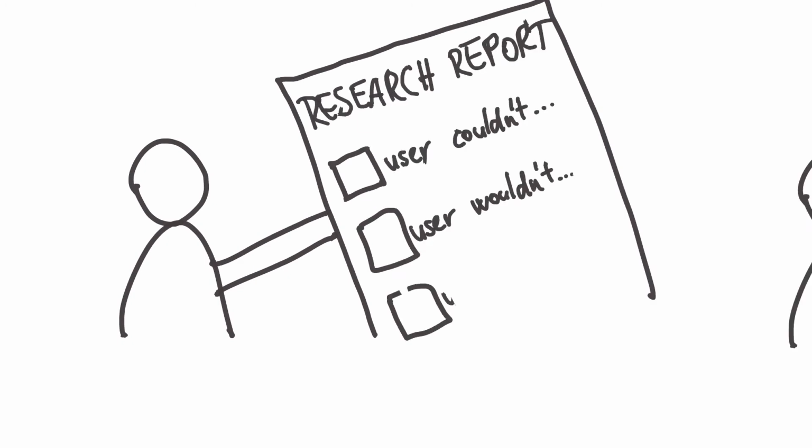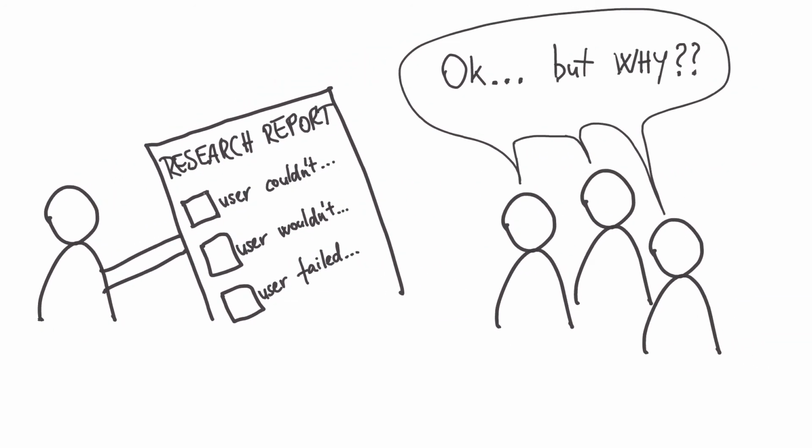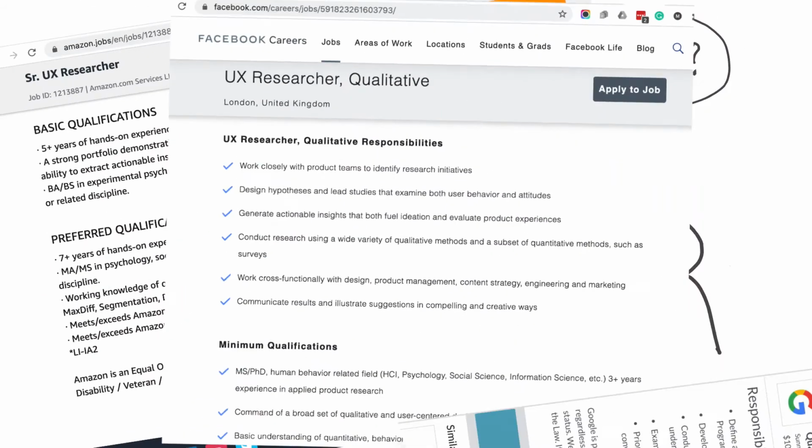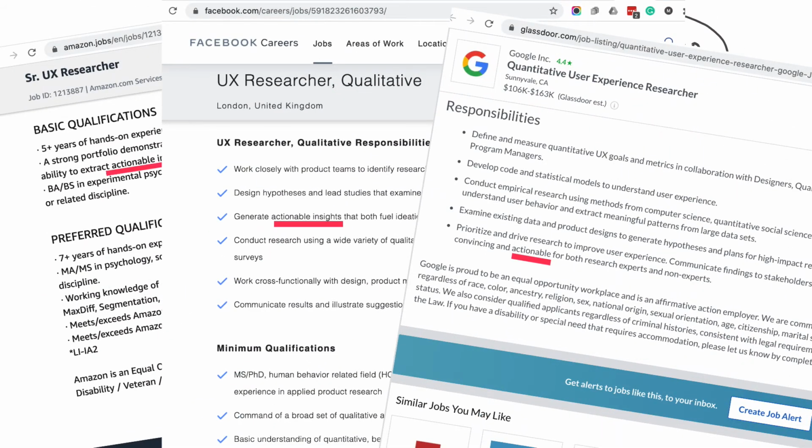They do a test, come back with a long list of usability issues, but there is no telling why those issues happened. So the designer, the product manager, and engineers just stand there helplessly, and there is really nothing more frustrating when you know that there are problems, but you have no idea how to solve them. This is why nearly all UX research job posts say that they want someone who can deliver actionable findings.